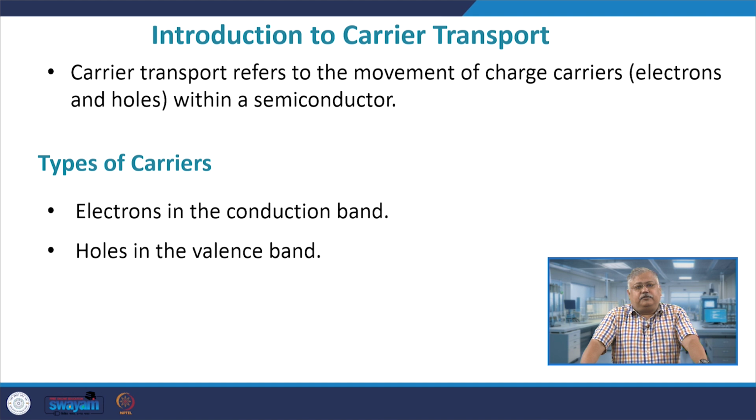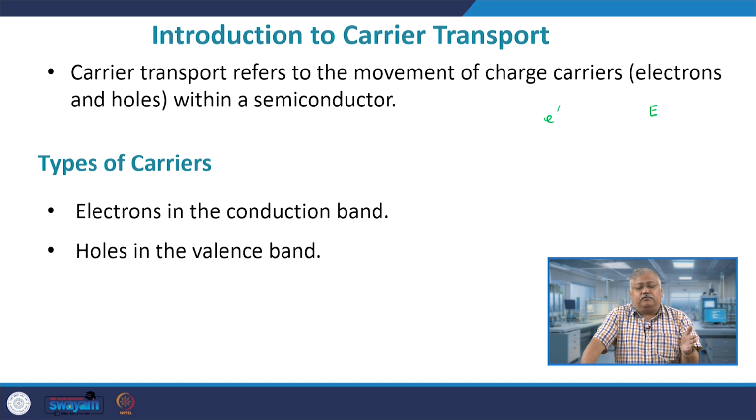What we are looking at is basically that transport refers to the movement of charge carriers from point A to point B within the semiconductor, and there might be two reasons for that, right? One reason is you apply a bias, be it positive or negative, and there will be an electric field. When there is an electric field, there will always be a force acting on the particle. So, if you have an electron and an electric field E, the force acting on the electron is in the direction opposite to the electric field, and therefore it will move in the opposite direction, whereas the holes will move in the same direction. This constitutes drift,